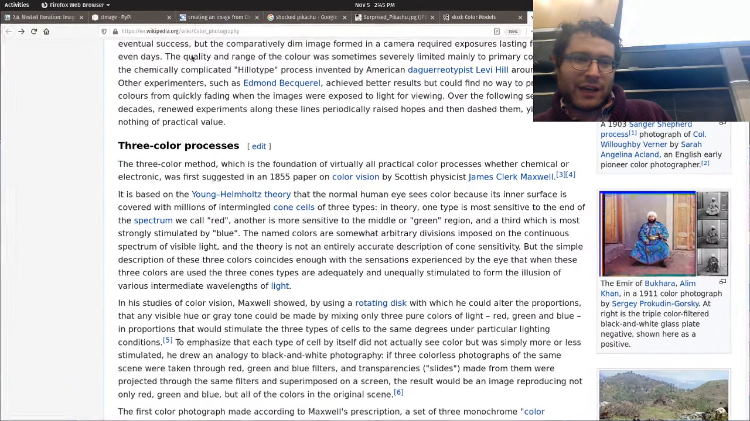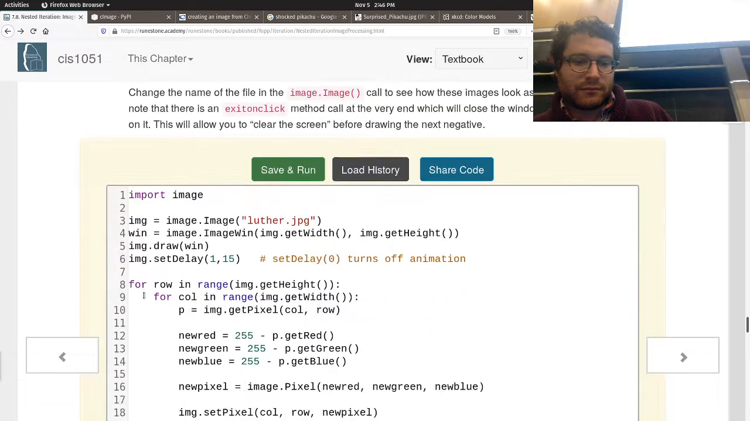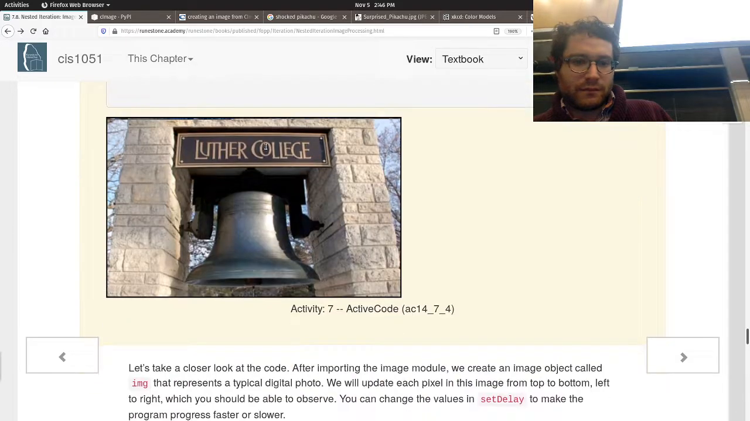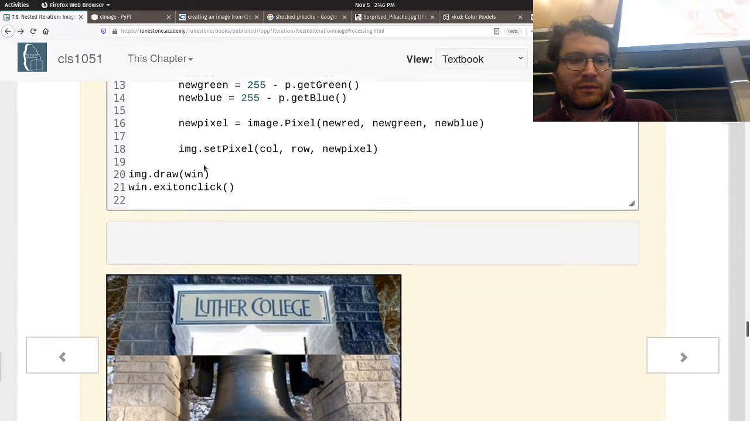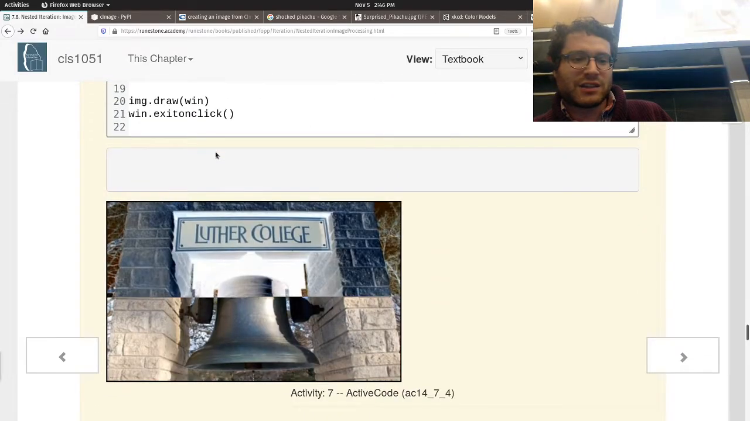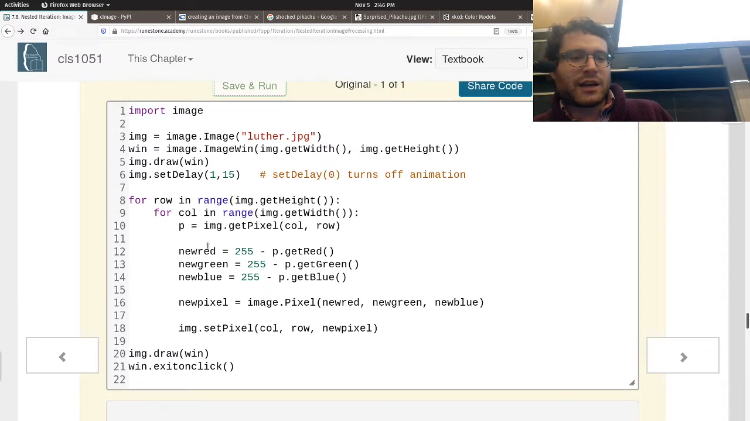Going back to our examples in the textbook, there is a way to draw this. This is them doing the same thing we just did with inverting it, only they've got an animation going on with this set delay thing. The idea is that you can get the original colors, and all they've done is broken it up into multiple steps. Basically, you can invert the color by saying 255 minus the original color